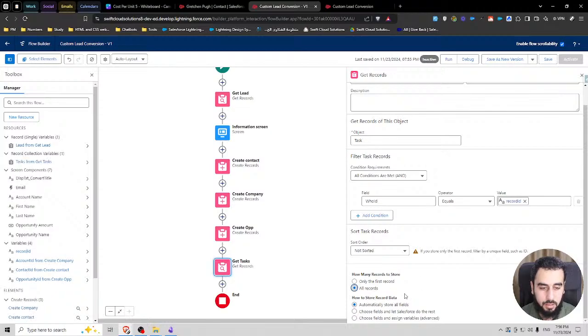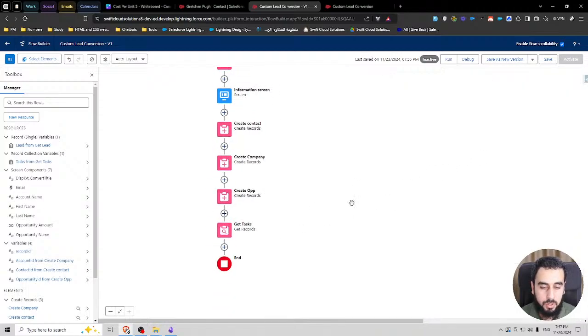I need all of these tasks, and then I will need to create a task for each one. It depends on the requirement, but we might either delete the tasks and delete the lead and just keep the contact, or maybe keep the lead with its tasks as is and just replicate the tasks. If that's the case, then I'm going to create a new list of tasks with the same values in here.